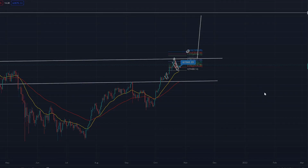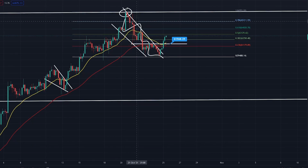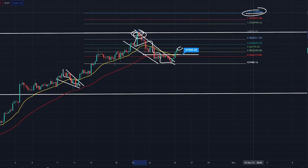So looking again on the 4-hourly time frame here for Bitcoin, you can see potentially we come down in this falling wedge. Well, not necessarily a falling wedge, more of a falling channel, to be honest with you. We have created these kind of channels before. You've got this one here, broke out, retraced to each point of resistance, and then essentially coiled up in a massive horizontal and broke out. Okay, so right now, if we can continue to progress here and work our way through the fibs, you've got these levels here of resistance, and start to come up and break this high,